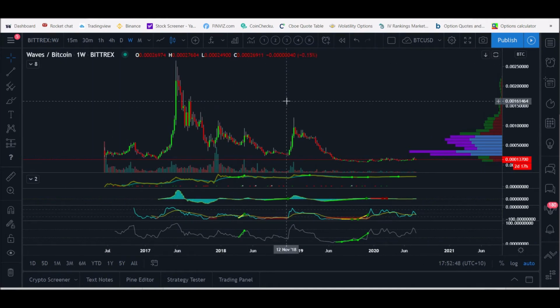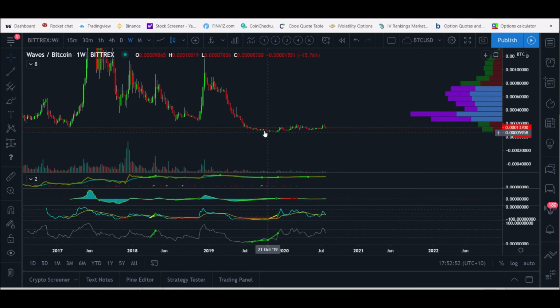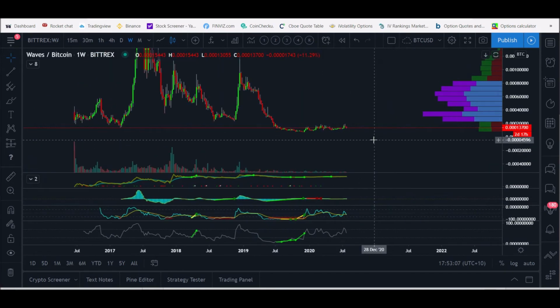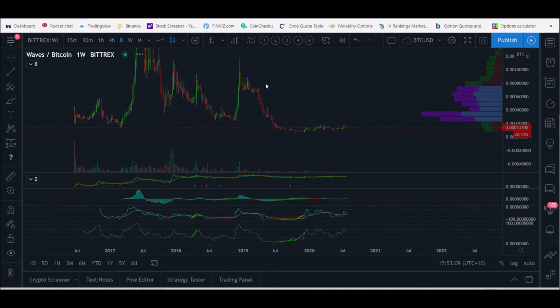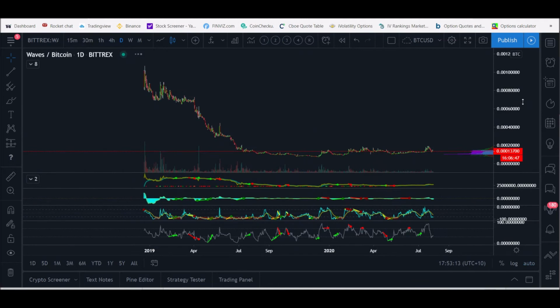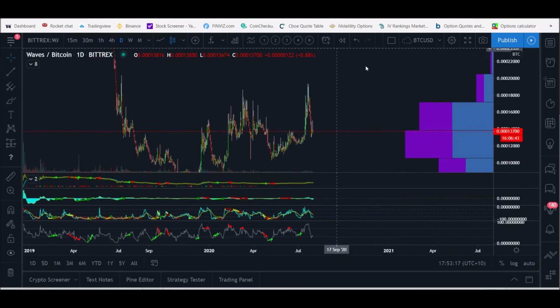Waves. Looking at Waves on the weekly, you can see that they are trying to create a bottom here, kind of in no man's land. This would have been a beautiful time to buy right here. You can see so much bullish divergence coming in here, but obviously there is always a time to buy, but patience will be required. So if we zoom in here on the daily,